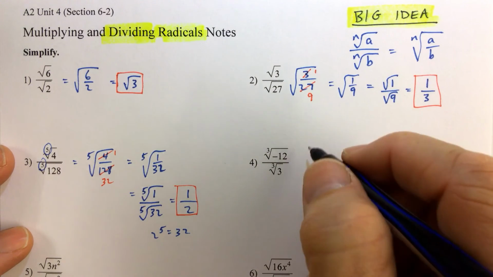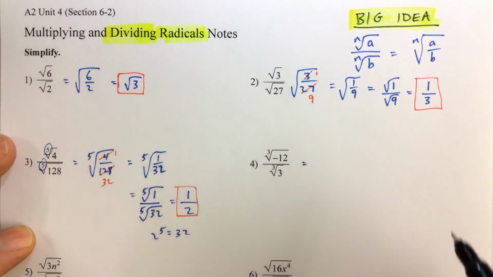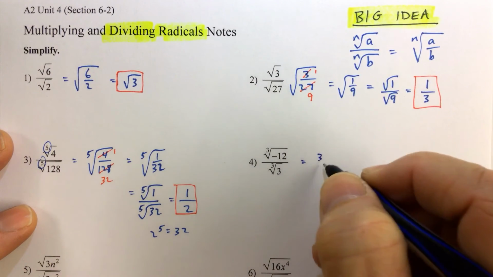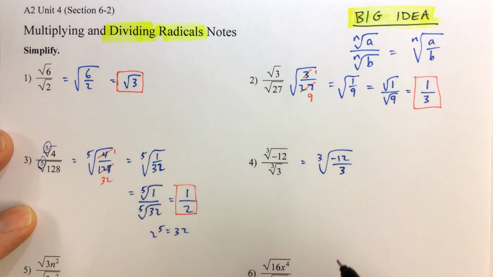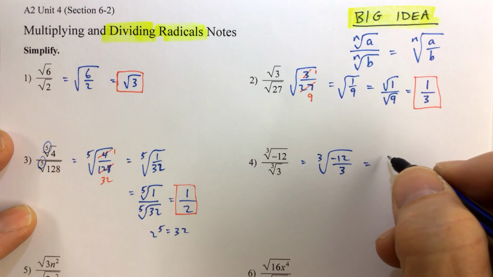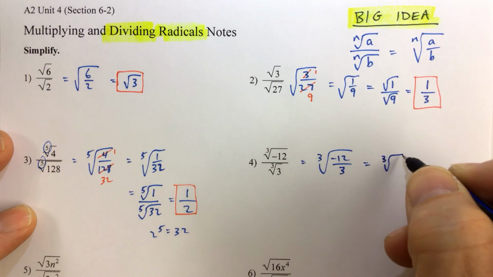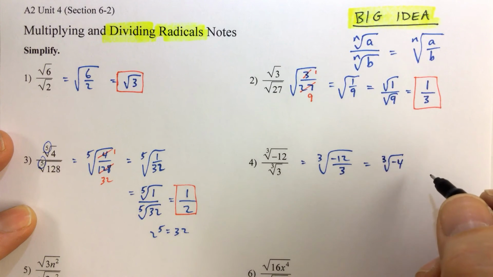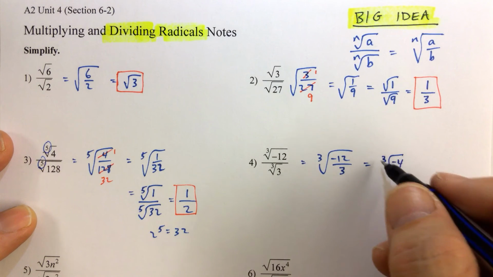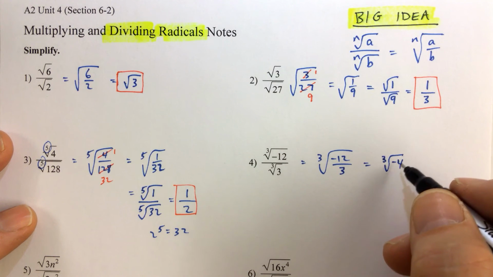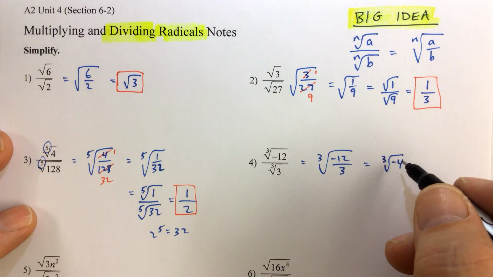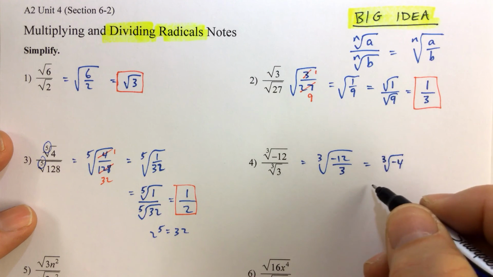Now, number 4, go ahead and pause the video and try this one on your own. We have the cube root of negative 12 over 3, and negative 12 over 3 is negative 4. We don't want to leave a negative under the cube root, under any root for that matter. We know that 4 is not a perfect cube, it's too small, but we can pull out a negative 1